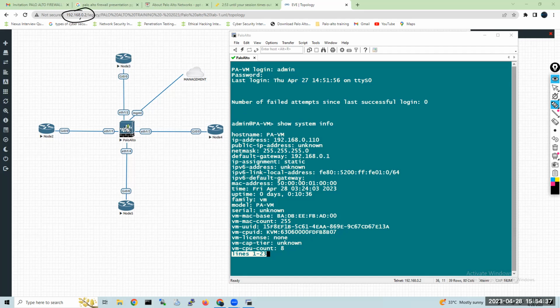And this is for the Palo Alto Firewall. So what IP address did I assign for this Palo Alto Firewall? I assigned 192.168.0.110. The reason why I did this is because my network.